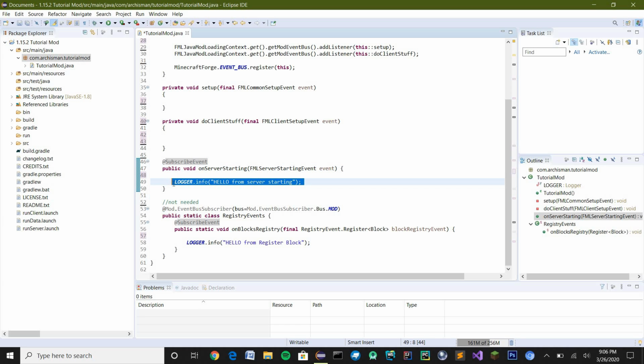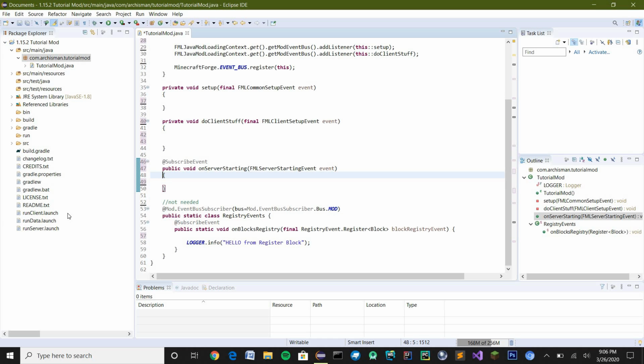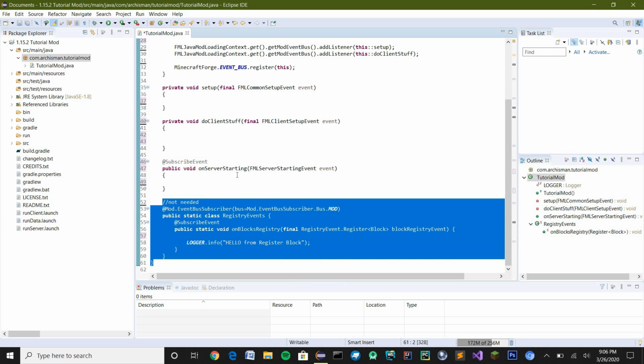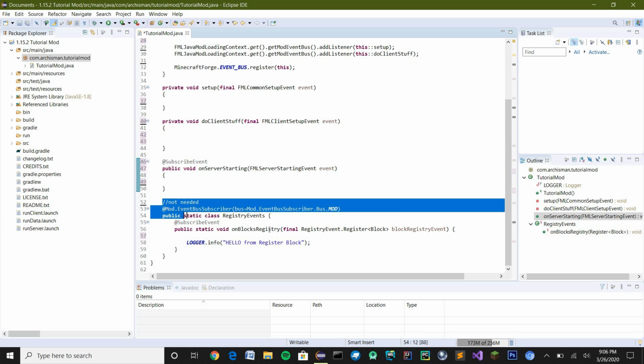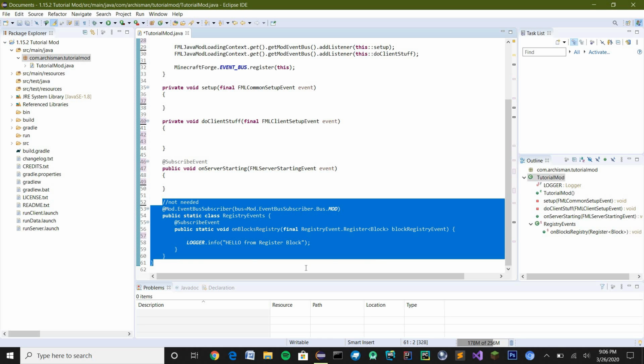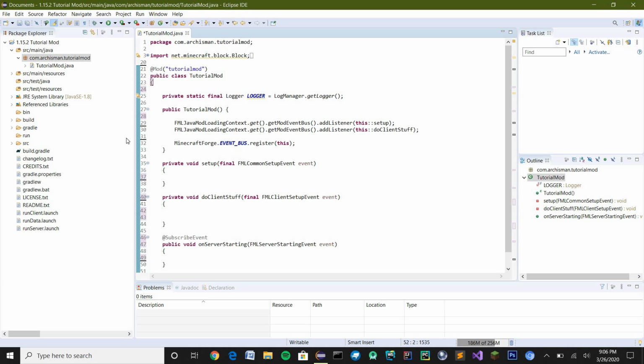So you don't need this also. Delete that, and we can bring down the bracket, and we also don't need this. It's because this is for the block register events. With this you can create a block, but I'm going to be creating a block in a separate package, so we don't need this anymore. So what we're left with is